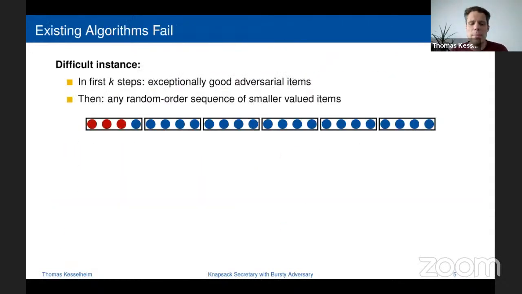And this also makes algorithms fail in this setting, let me go to this example. Even if you have some adversarial rounds only at the very beginning, this distracts even most algorithms, because you present them something super valuable at the beginning, and then they are so spoiled that they don't want to select anything later in the sequence. Thanks.